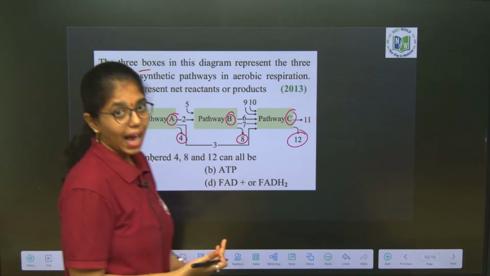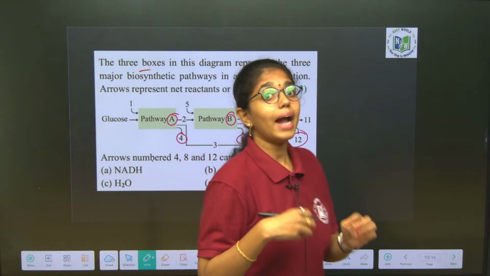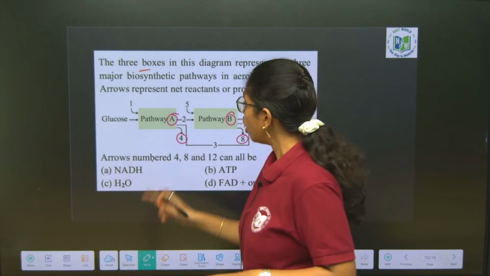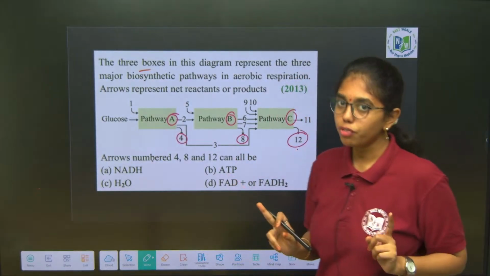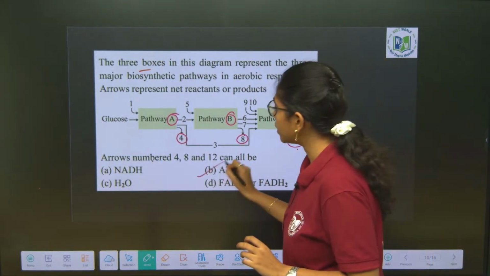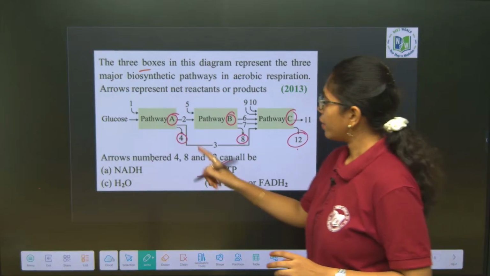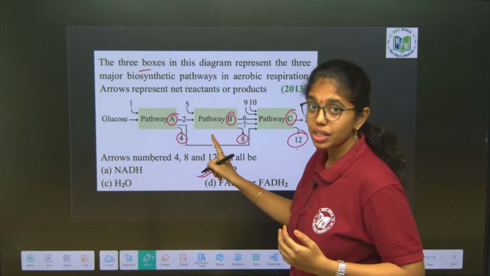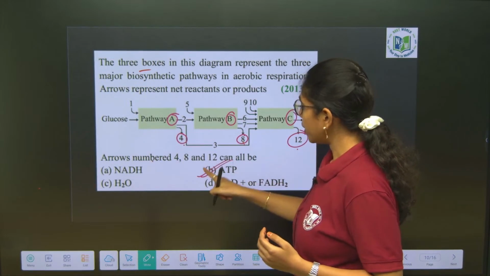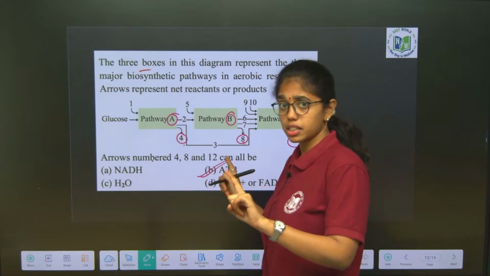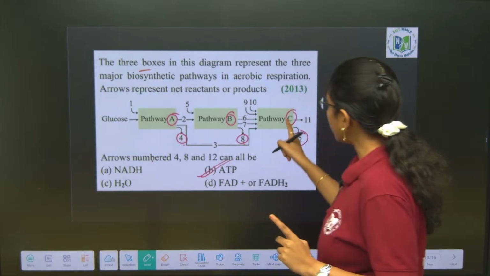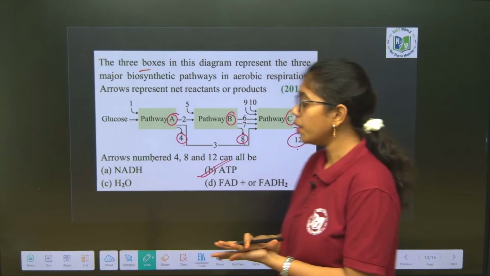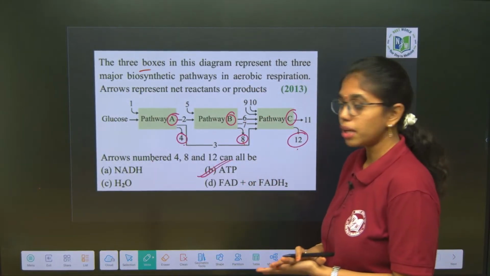And in the Krebs cycle as well, ATP is released, and after ETS also ATP formation takes place inside the mitochondrial matrix. So, what is common over here? ATP formation. So, undoubtedly we can choose option B, where ATP is released at the end of glycolysis. Then pathway B, let us assume this as the Krebs cycle. ATP can be released again at the succinyl-CoA to succinate step, and at the end of ETS also ATP formation takes place inside the mitochondrial matrix.